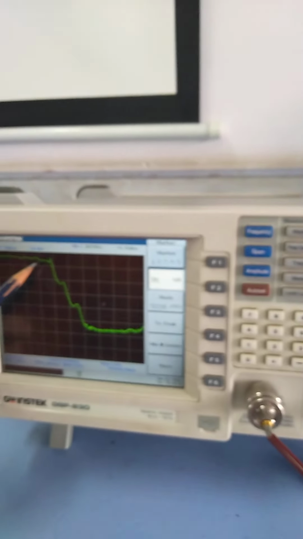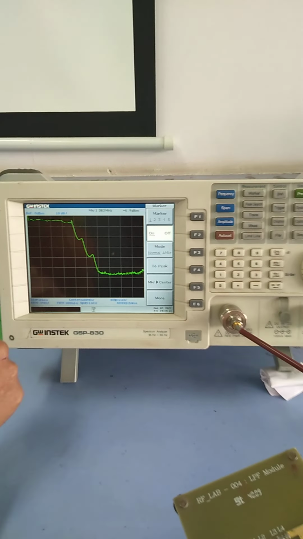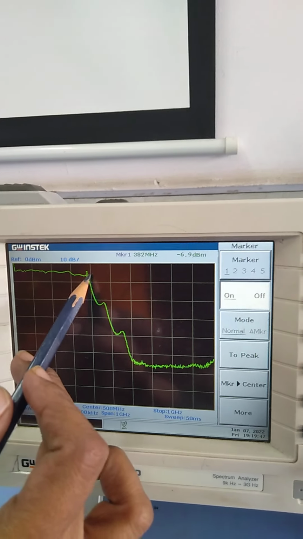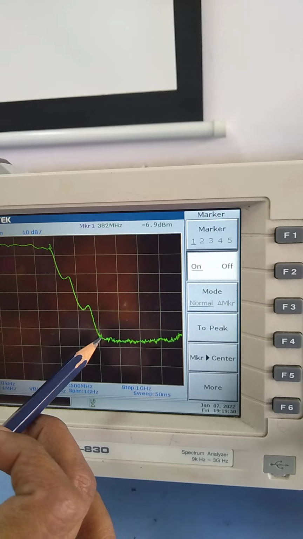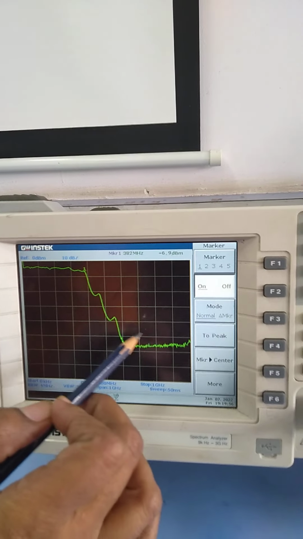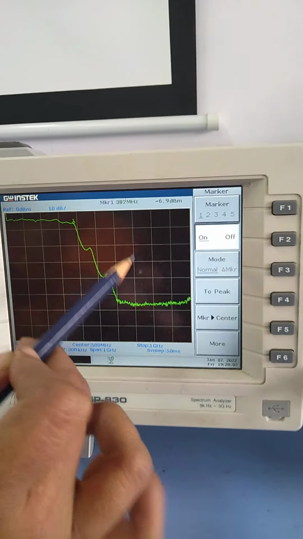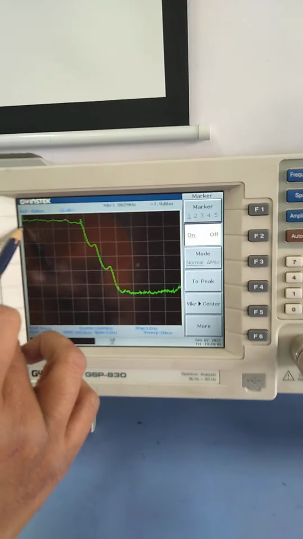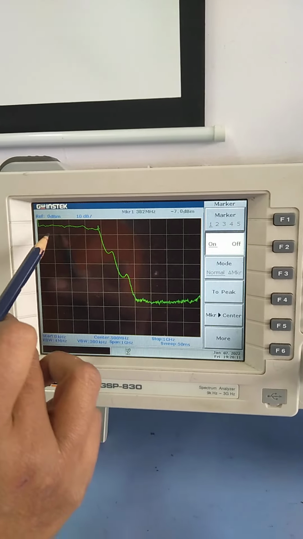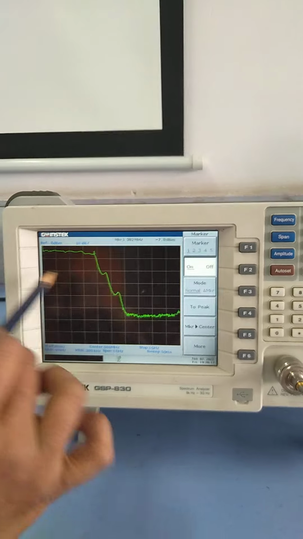So we have to note down these 2 points to plot the graph, and like this we have to measure the various points. On this line we have to measure 5 points, then on the scroll down line 5 points, and on this line also 5 points, that is approximately 10 to 15 readings we have to take in this way by putting the marker at various positions, and we need to plot a graph. Whatever points I have shown are used to find out the bandwidth of this low pass filter. So these 10 readings will be provided to you in the practical, so you have to plot the graph by using that table.